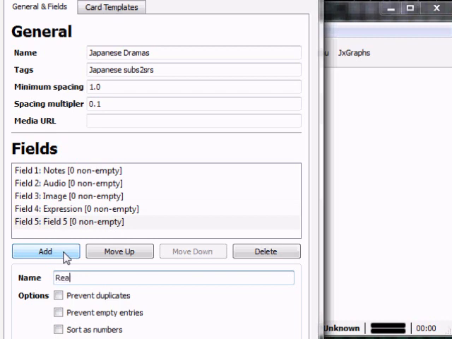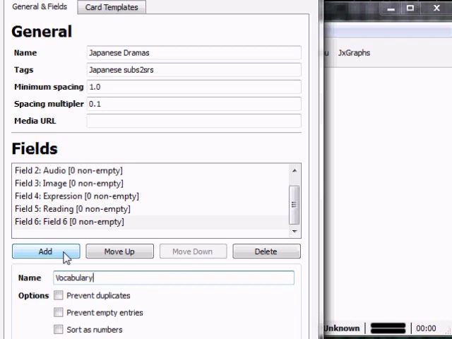Same thing here is reading. Next field, reading. This is where, if you create an expression and you want to then generate furigana, this creation is going to go. So we'll add that. Next field, vocabulary. I just recently added this, but my idea was, if you're learning a sentence and you're only adding the sentence because it's a new vocabulary word,